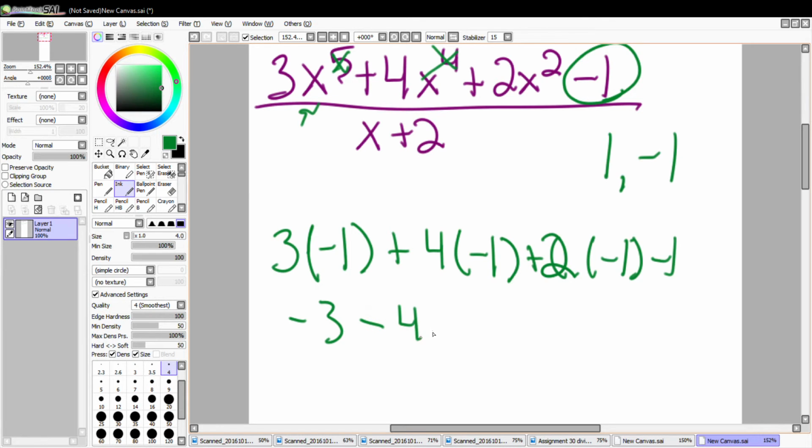Minus 4 minus 2 minus 1. So that, I'm pretty sure, is not going to equal 0, but I'm going to put this into my calculator anyway. And my calculator is not wanting to respond. Okay, there we go. So -3 minus 4 minus 2 minus 1 gives us -10. So I don't think it's that. Let's try and